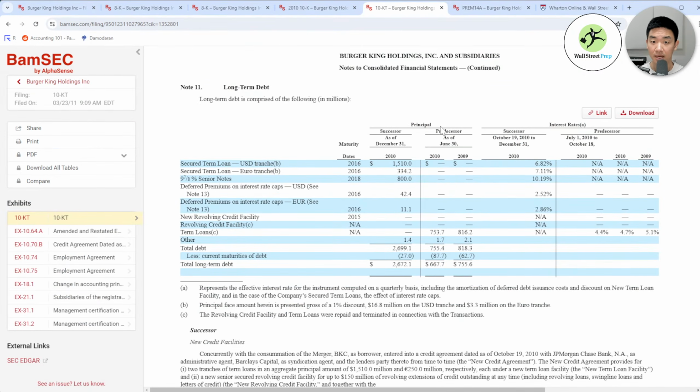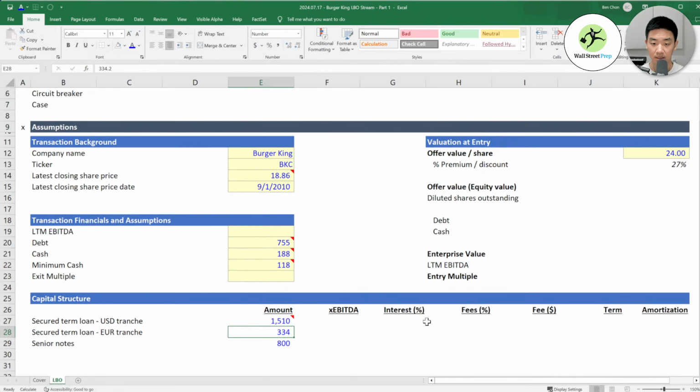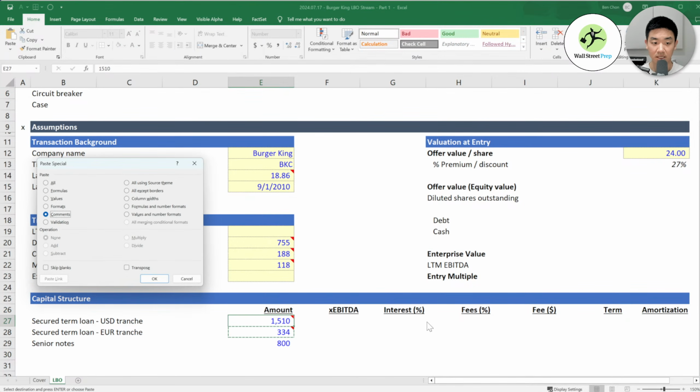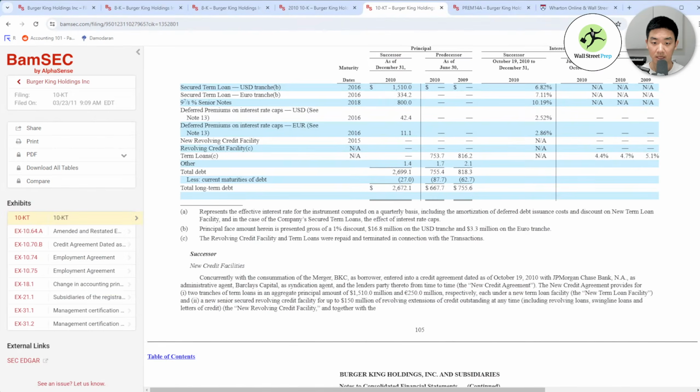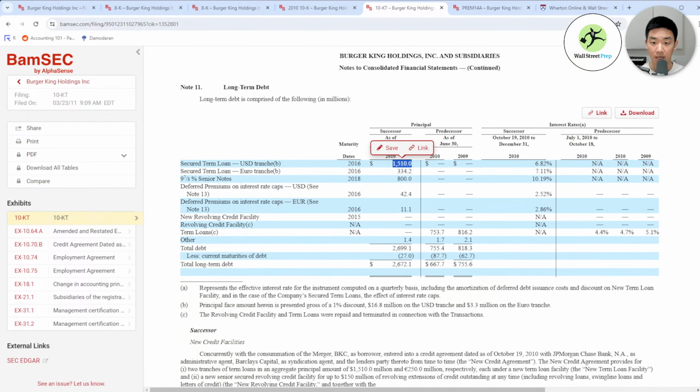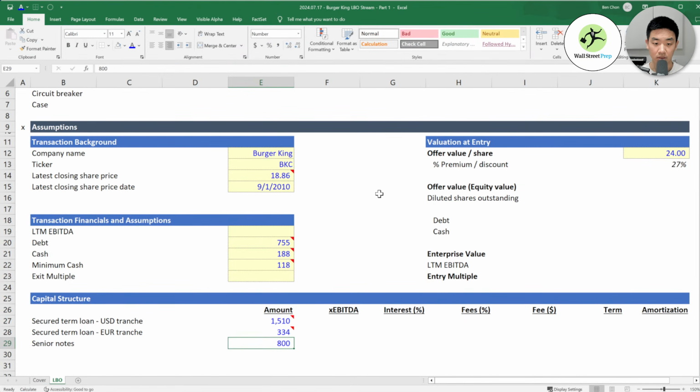And then we can add this new note here, Shift F2, 2011 10K, page 105. And I'm going to make that same comment, so Control Copy, Alt ESC, because we can get that information here as well. And then 800 million in senior notes.